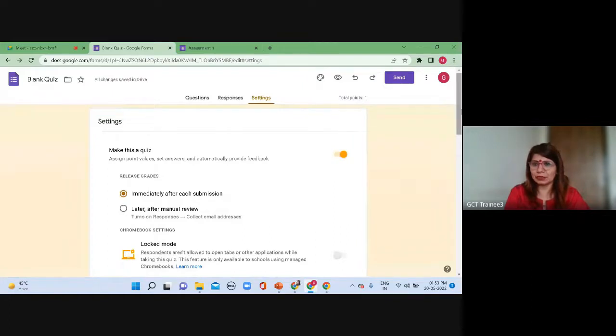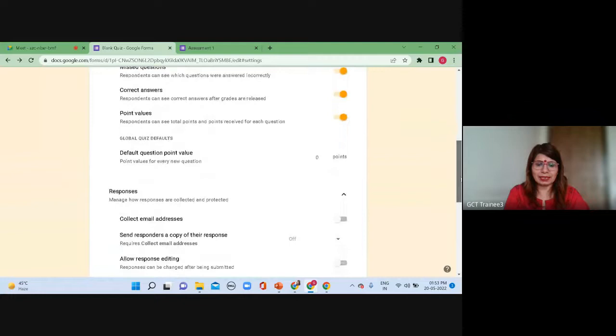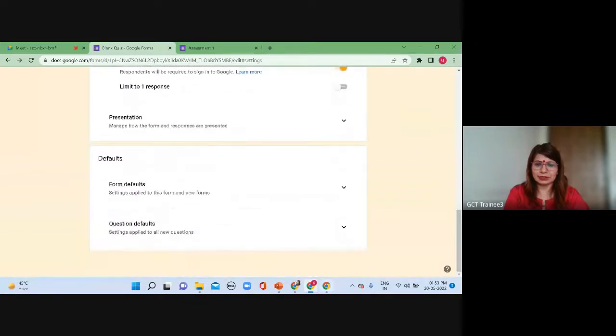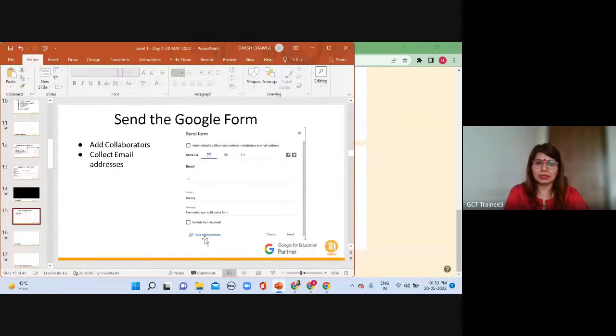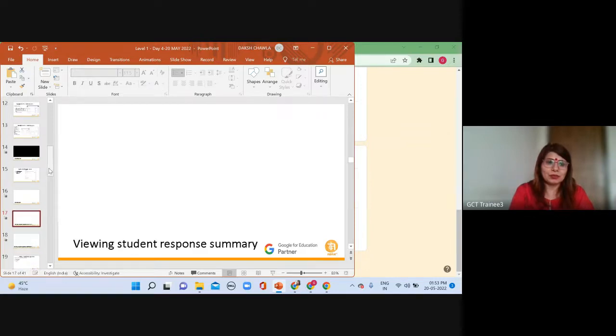Here the setting is not there. Otherwise, from here you can only add the collaborators. The add collaborator option is there only. Then you will click here, a dialog box will open, and you can add the co-teacher as the collaborator. Then sharing the form, I have told you how to share the form, how to view student summary,